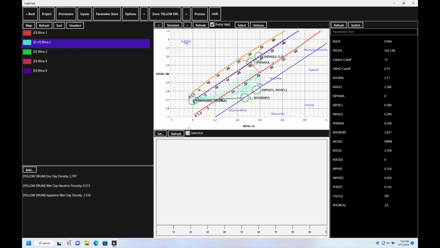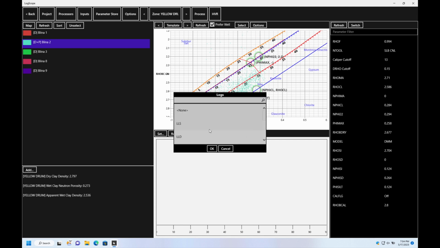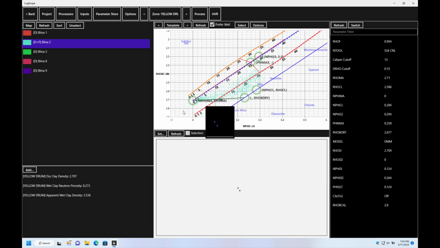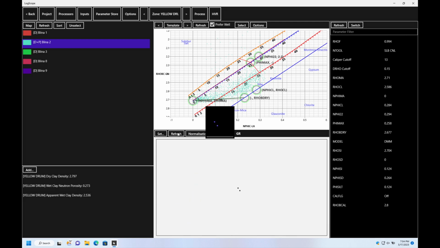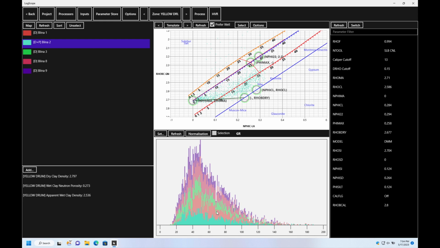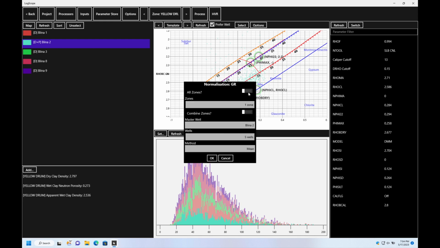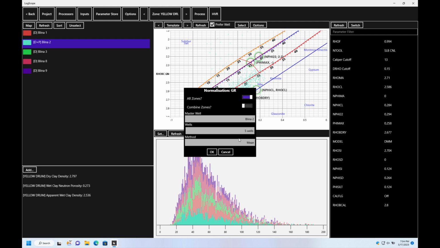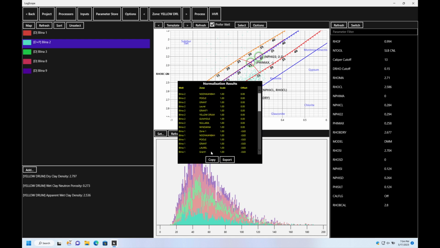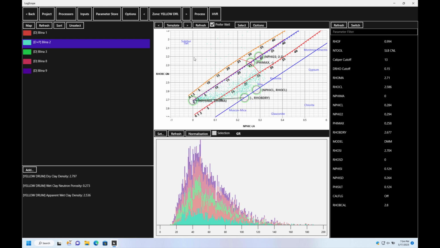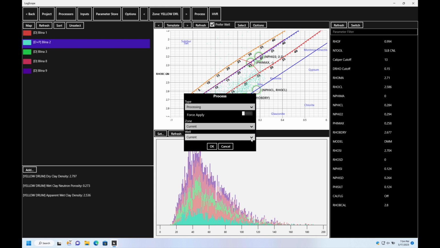When you have a well in focus, it's highlighted in purple. The histogram view will show any of the logs that are input and the associated output logs in the histogram, and we're showing the histogram there. You can vary the width of the histogram and the values used. This is the gamma ray, and we can also use the normalization function. We can normalize by zone. We can normalize all the zones in one, and we can use median or P10, P90, and we use P10, P90. And then we do the petrophysical evaluation,